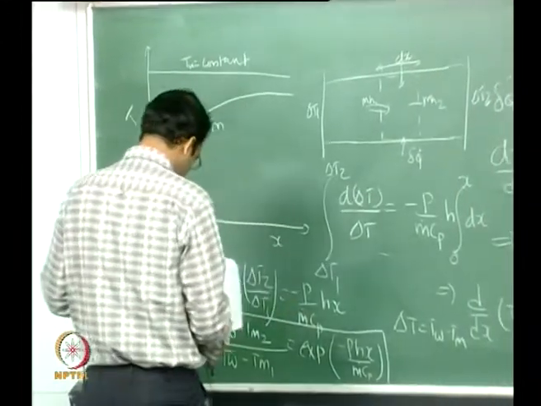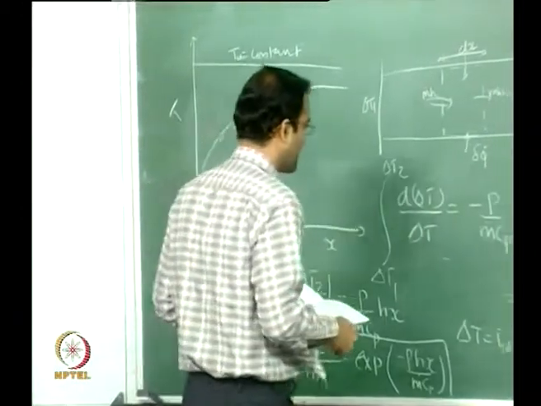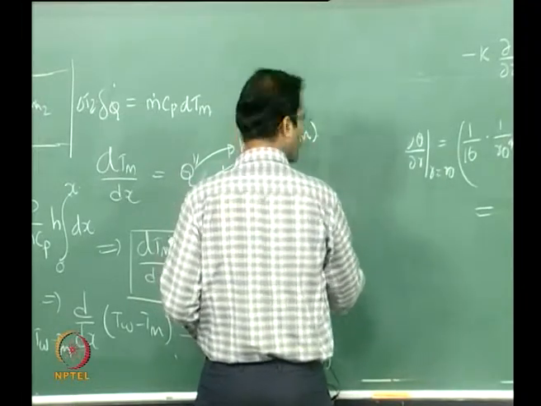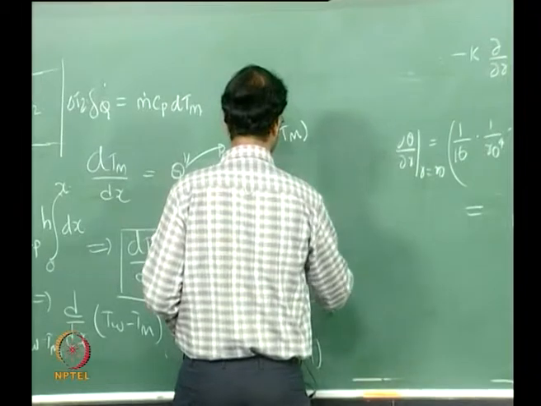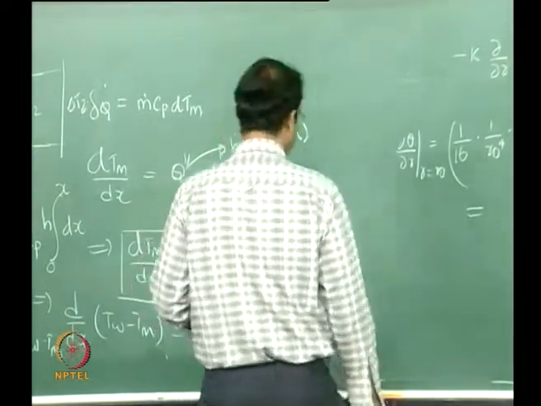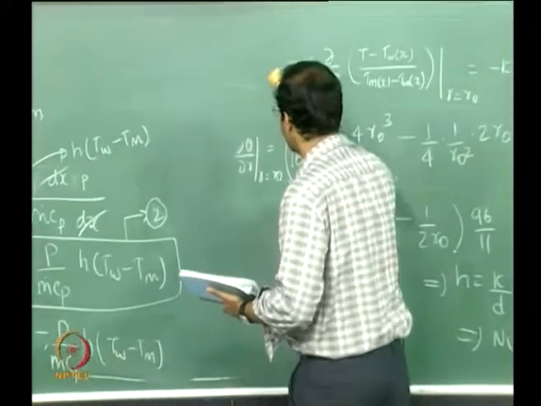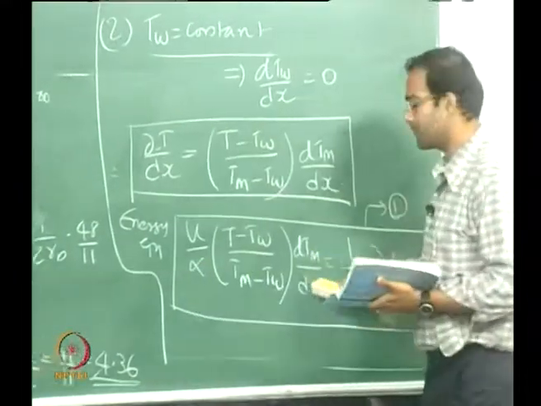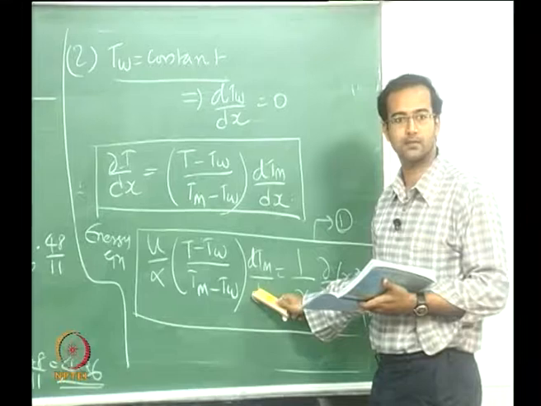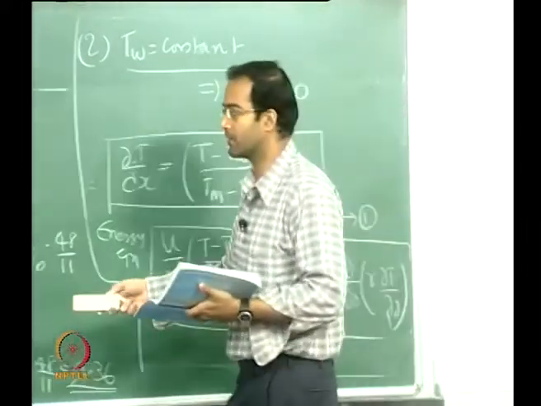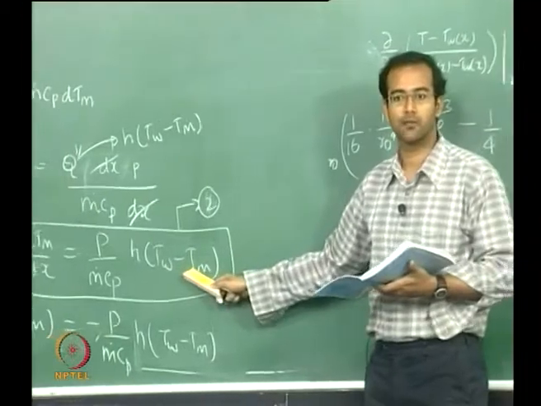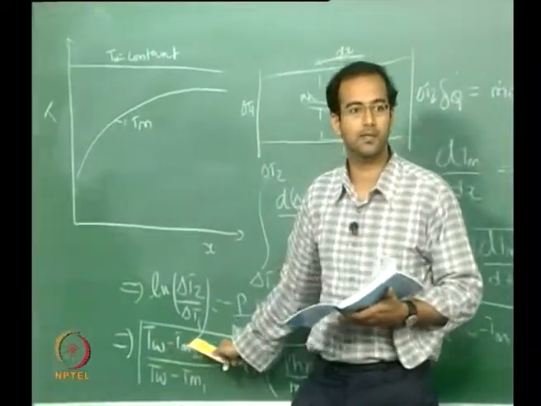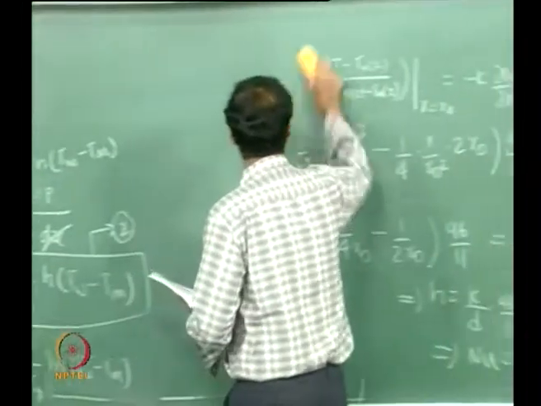Now having known this, and we have this particular expression here, let us call this expression number 4. I started with 1, let me call this 2 now. So we will use this expression now, simplify for dTm by dx, because we have a dTm by dx term in this equation, so we have to simplify this a little bit. For that we are using the energy balance, and now we will simplify it. Also we should know how the mean temperature profile varies, so for that we can use that equation and integrate it out. So now from 2,